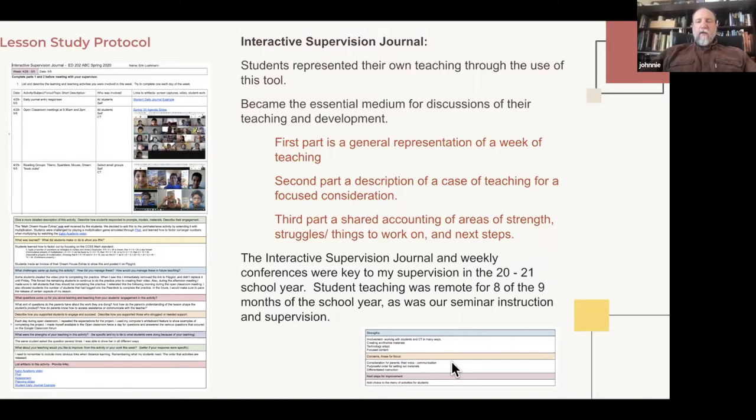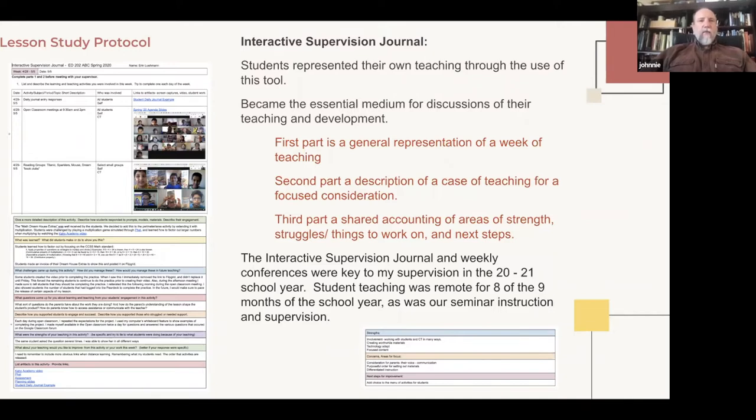And then under concerns areas for focus, these were all drawn from the questions and challenges from the supervision journal. And the next steps for improvement followed. I often call these homework, and I usually set them out in conversation with the student teachers in 2 different ways. One was short-term goals, things that could be done in the next week or 2 that the student teacher might report back to me, or I might observe through the remote teaching, just very practical. Here's something you can do in the next 2 weeks or so.